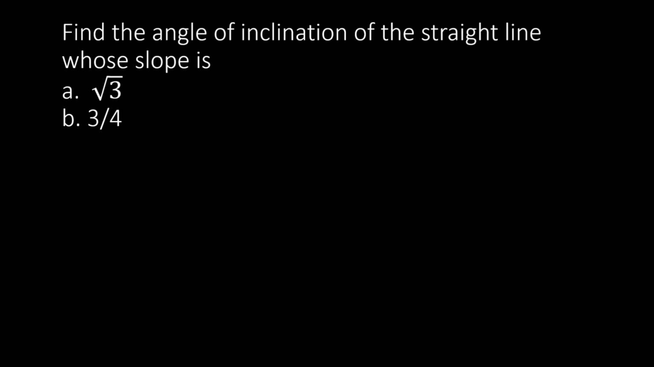Okay, so find the angle of inclination of the straight line whose slope is, first, negative square root of 3. For this, gagamitin pa rin natin yung tan theta is equal to m, or pwede din naman yung magkabaliktad. So m is equal to tan theta. So for letter A, the slope of a line is